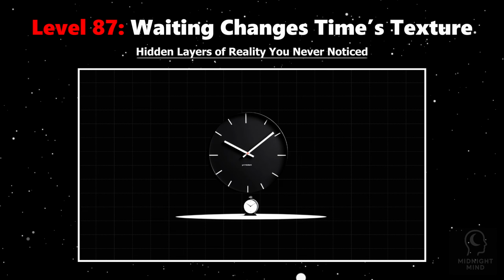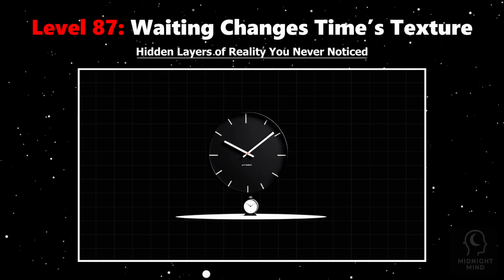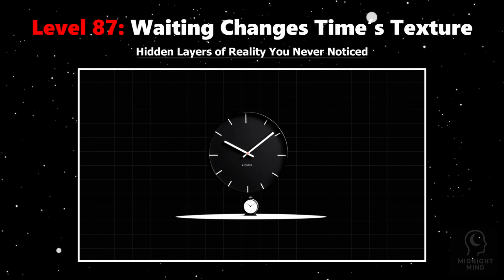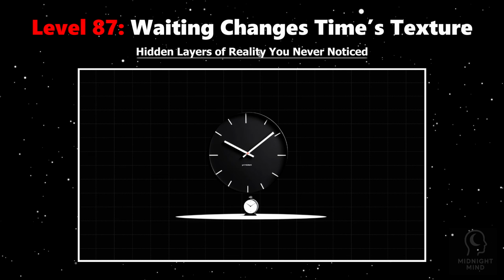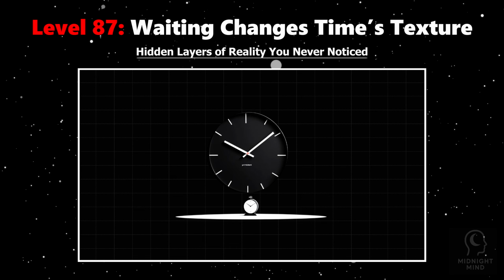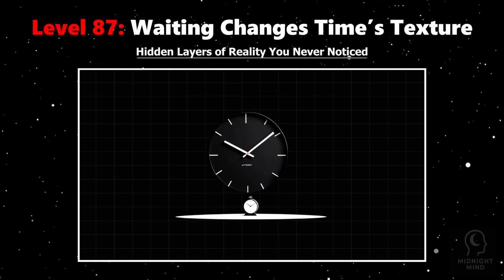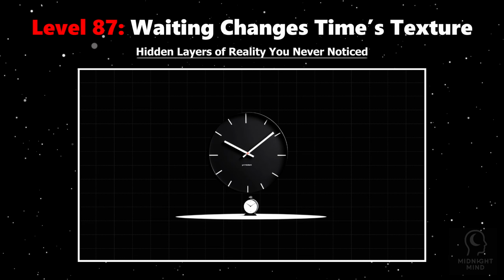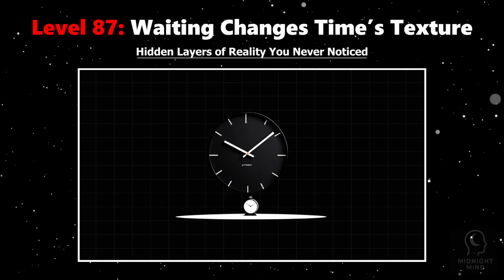Imagine standing still while time seems to stretch and warp around you. Waiting isn't just boredom, it changes how your brain experiences time itself. Neuroscience shows that anticipation triggers the brain's emotional circuits, especially the amygdala and insula, which amplify your awareness of passing moments. When you anxiously await something, seconds dilate into what feels like minutes, hours even. This emotional stretching happens because your brain heightens focus on the waiting, turning it into a hyper-aware state.